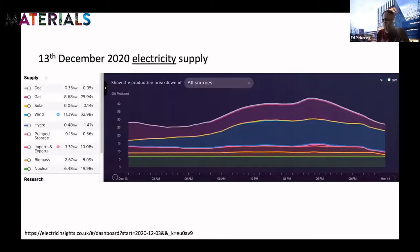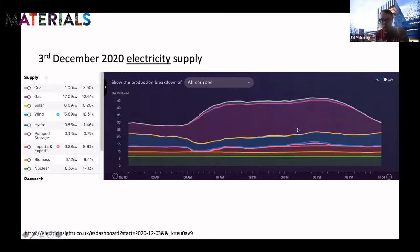I'll just illustrate the problem here. This is looking at the electricity supply, so not the total energy, but just the electricity supply to our homes and businesses on Sunday. It was a pretty windy day, so you can see here the wind accounts for 33% of our electricity, and we burnt a little bit of gas and no coal at all, which is this grey bit at the top. You've got nuclear on the bottom here. But when the wind doesn't blow, unfortunately, we have to fill that gap with coal and with gas, and that's not a good thing. So we need more clean